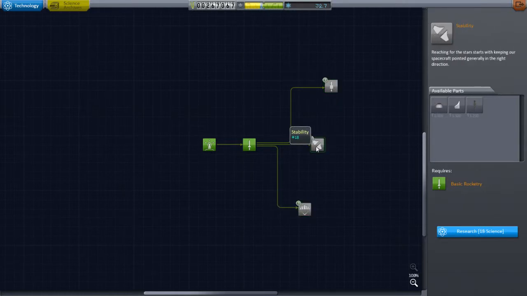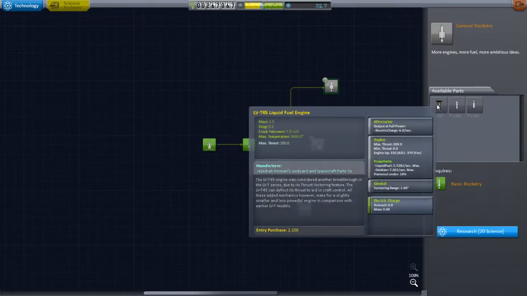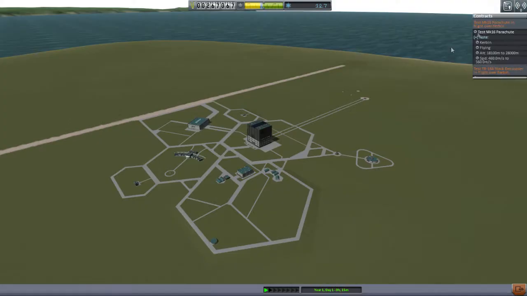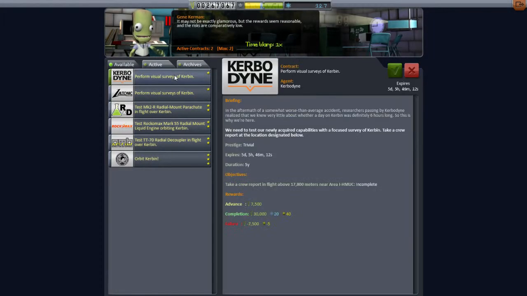We could get these two, I think, or just this. What do we get with this? We didn't get any engines. Let's go for the basic rocketry. We want to get our spacecraft into orbit in this time because we have